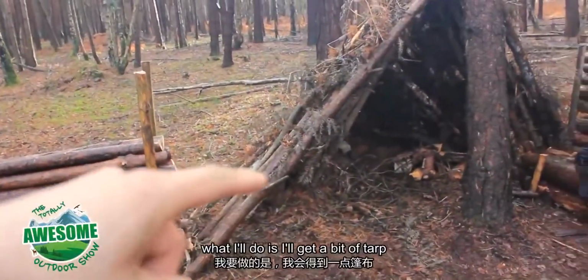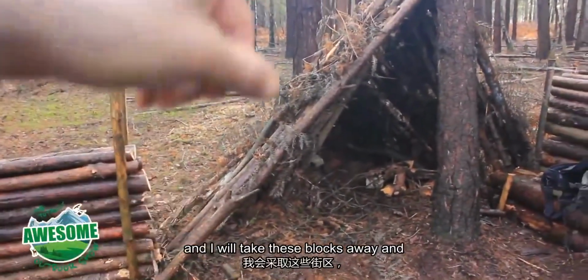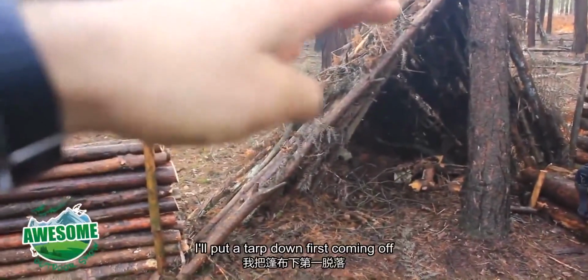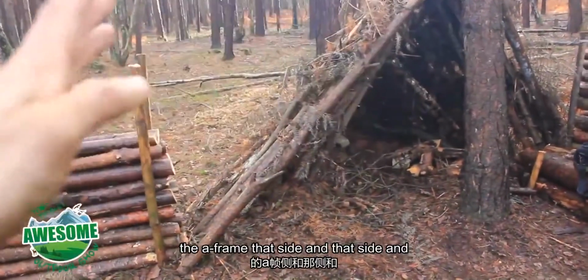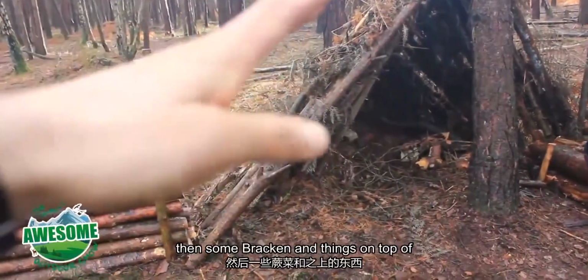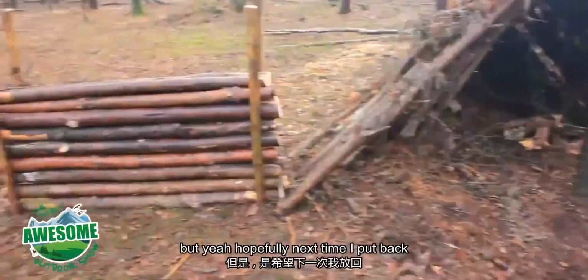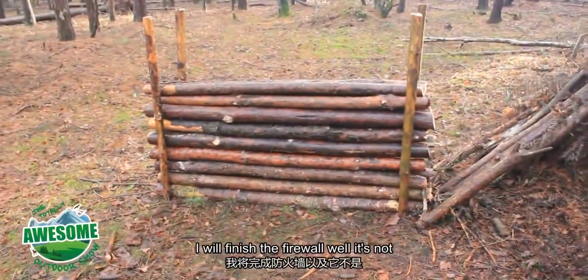Over time, eventually what I'll do is I'll get a bit of tarp, and I will take these logs away, and I'll put a tarp down first coming off the A-frame, that side, and then I'll put these logs back on, and then some bracken and things on top of that, so it'll be completely watertight then. But yeah, hopefully next time I pop back I will finish